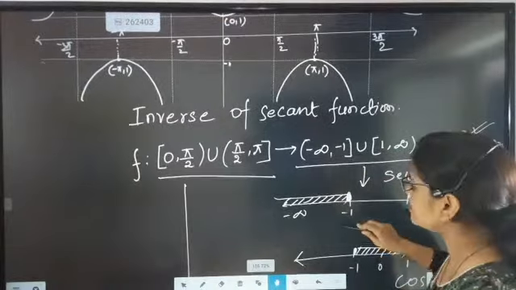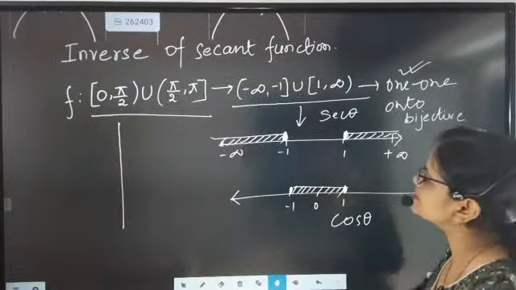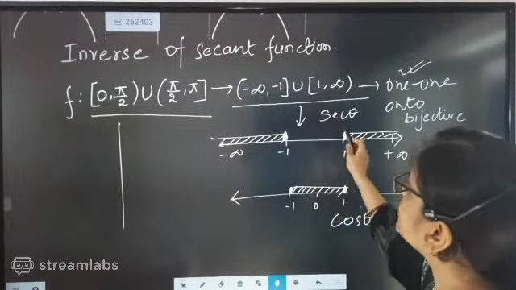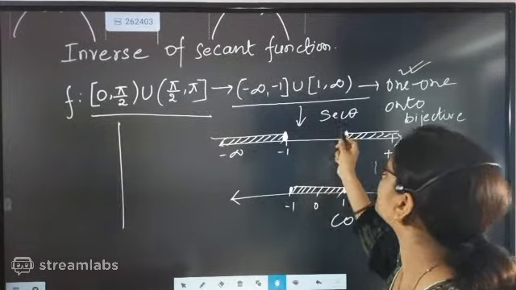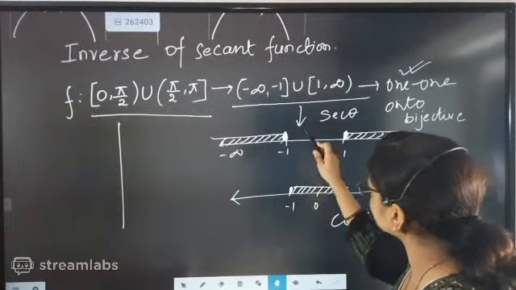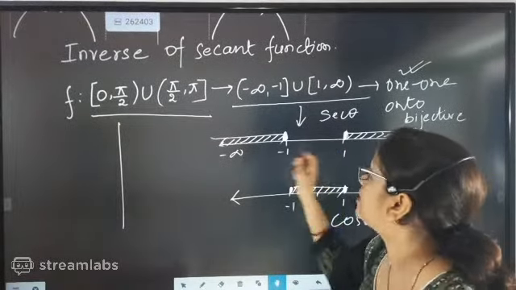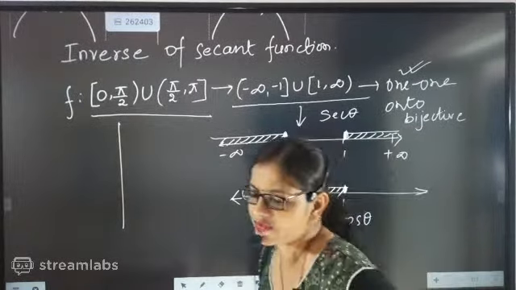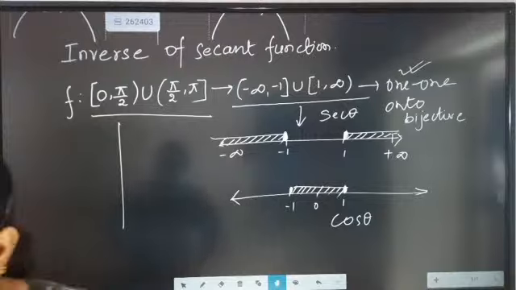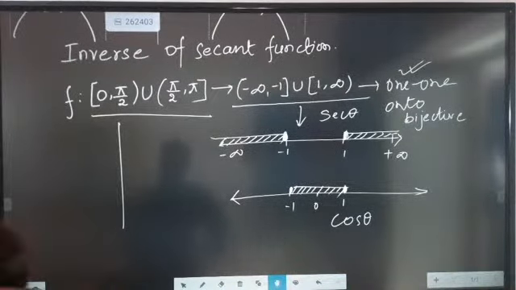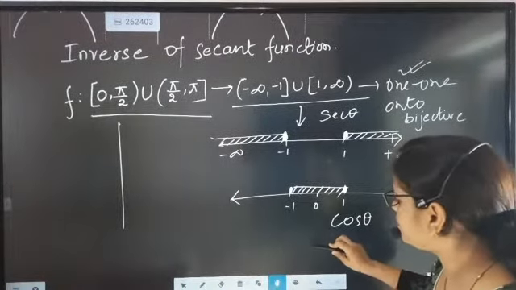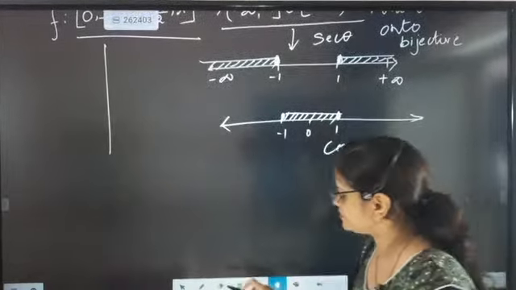And in the same way, we have to change its range also, because cos theta lies between minus 1 and 1. Since secant theta is the reciprocal of it, none of its values should lie between minus 1 and 1. So excluding these values between minus 1 and 1, its values will lie outside. So this is exactly going for one-one onto. This is going for what, beta? One-one onto. So if it is going for one-one onto, that means what will be the new